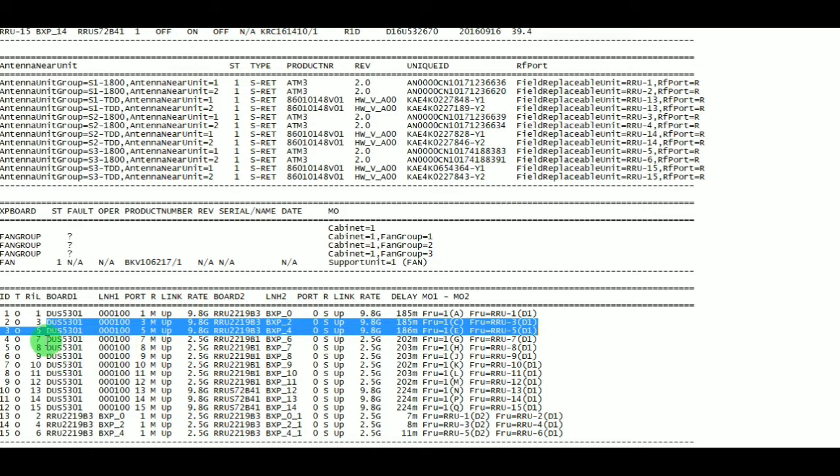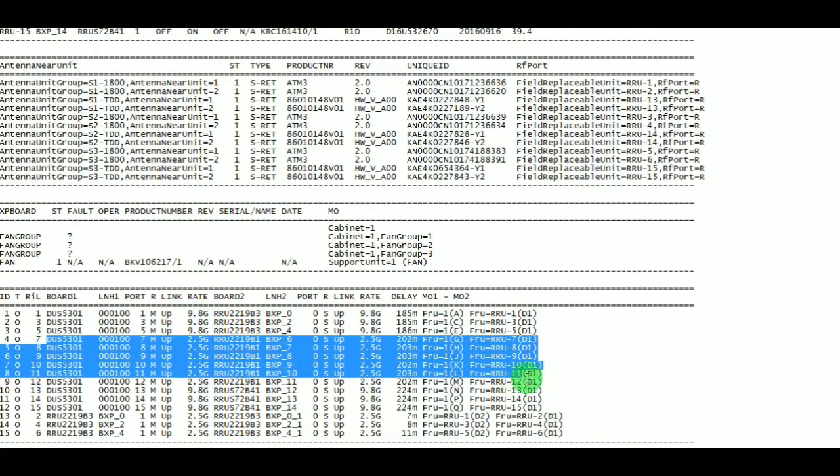Similarly, this is the connectivity of FTD 2100. These DUS 5301 indicates this is a baseband 6630 and the link rate is 2.5 GHz because here we have used RDH 102 47/2 SFP modules. That's why the link rate differs from the 9.8 GHz.